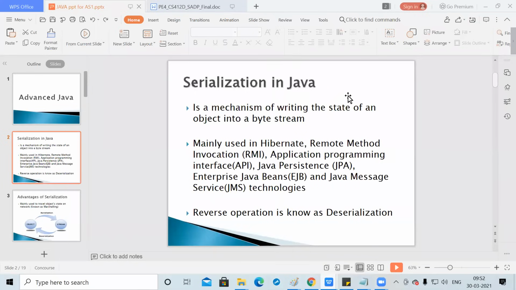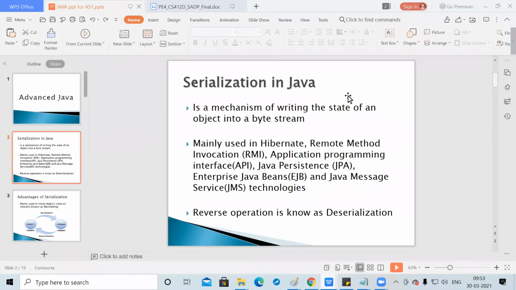Excuse me, sir. Yes. Is it compulsory to use Java for our first assignment? Can we use any other programming language? Yeah, there is no compulsion. You can use any programming language, but I have used Java. So with Java programming, I will show how we can make the client server communication. You can use any other programming language to make the client server communication, right? Okay, thank you, sir.